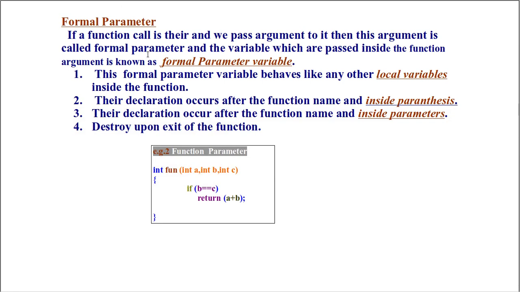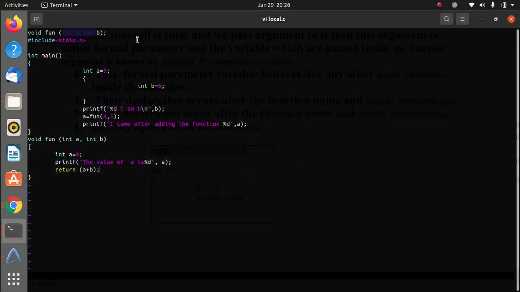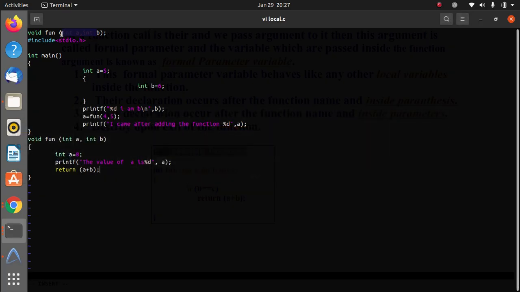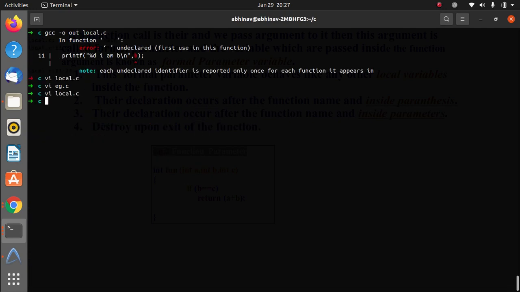Formal parameter variable. This variable also behaves like a local variable inside a function. Their declaration occurs after the function name and inside parentheses. We can see that the declarations are occurring inside the parentheses. If we run this code, it will work successfully, and we get an addition of the